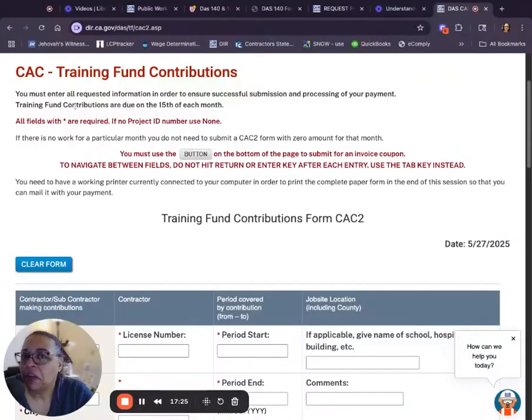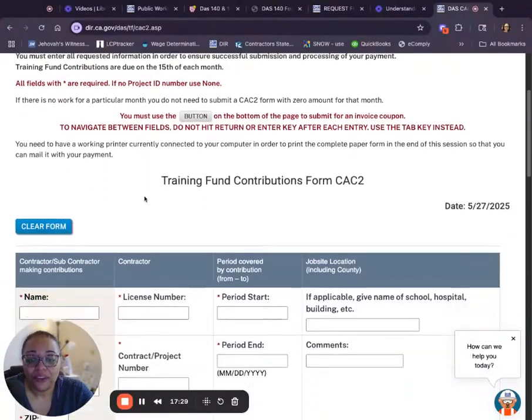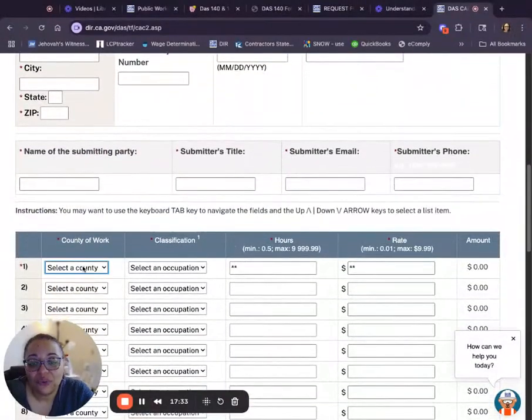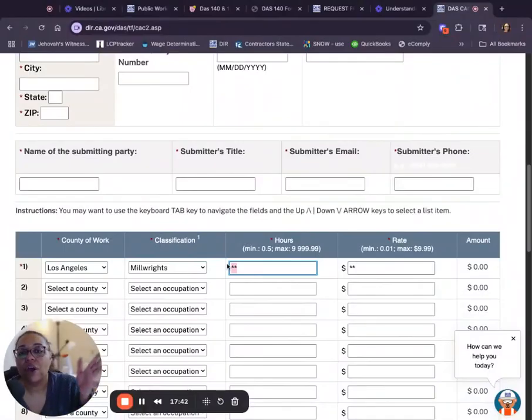Probably by the 5th or maybe sooner, you're going to calculate how much time they spent on the project, what county they were in, what occupation they had. So we've got millwrights,